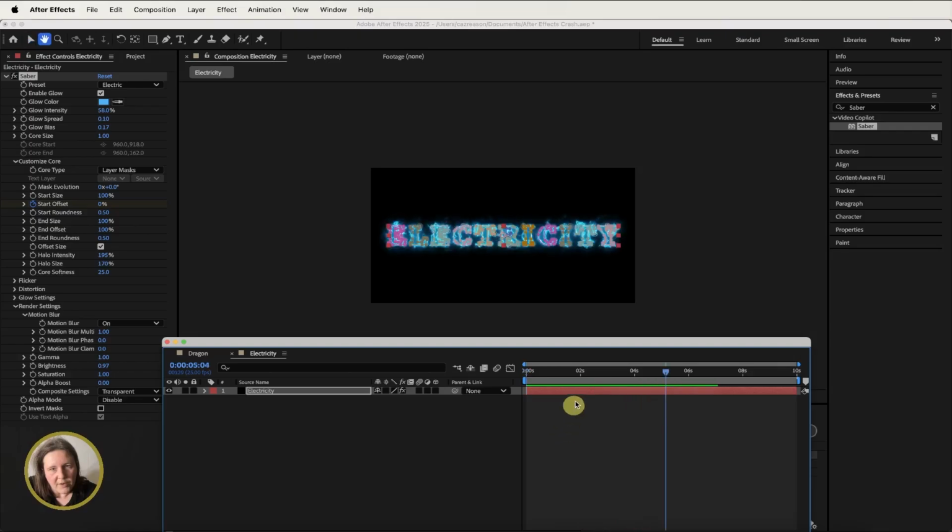And there you go. That looks pretty cool. Have a play with all the different settings on the presets, change the colour, change the glow settings, and just